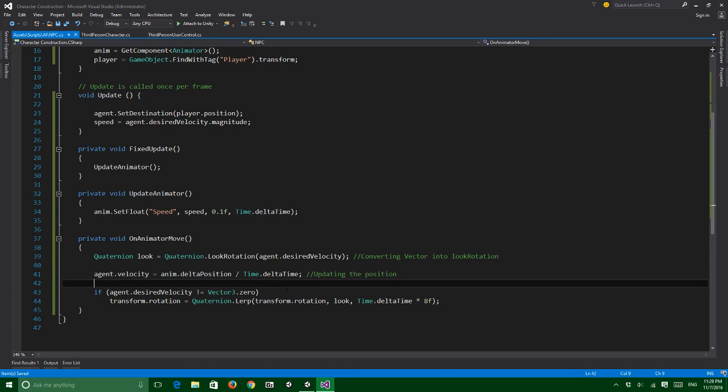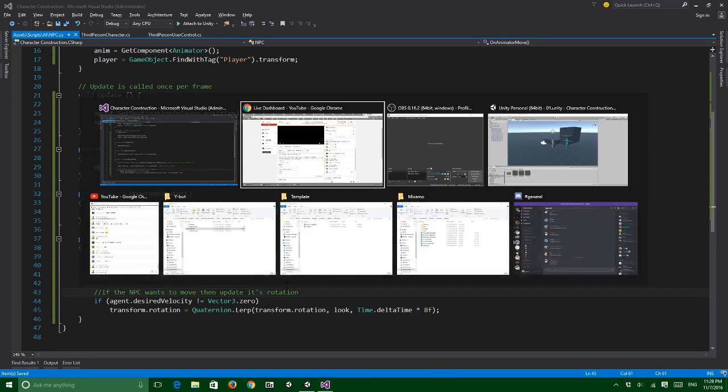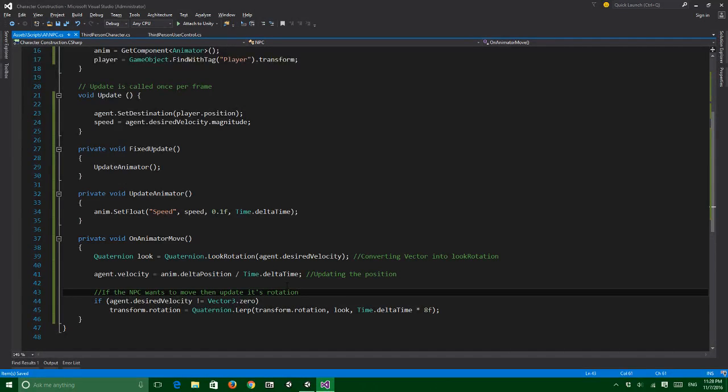Right, so if the NPC wants to move, or desires to move, then update its rotation. And another thing, we're not really updating the rotation based on